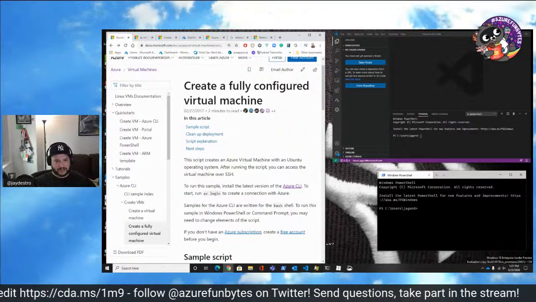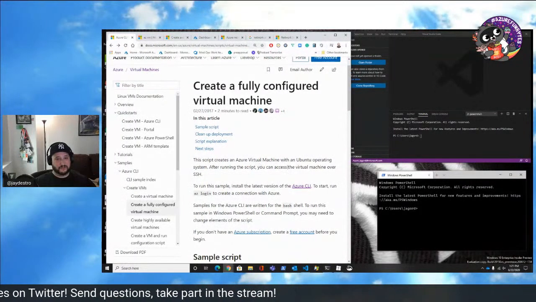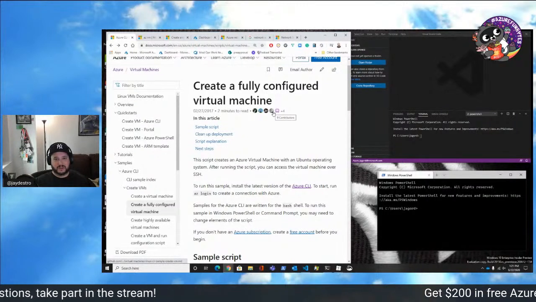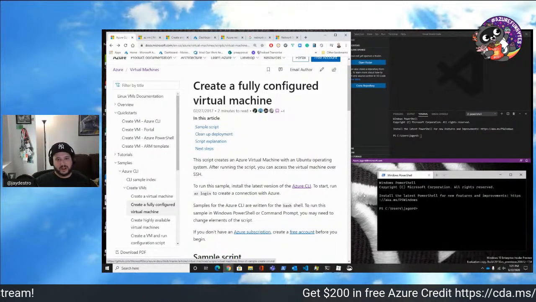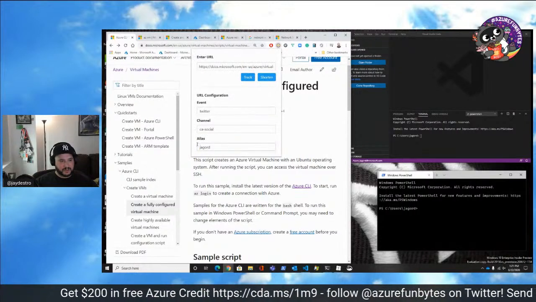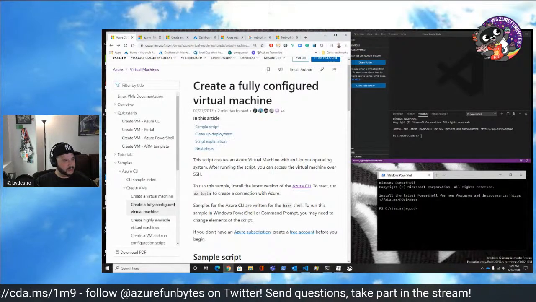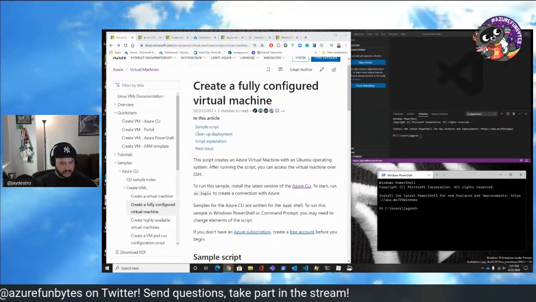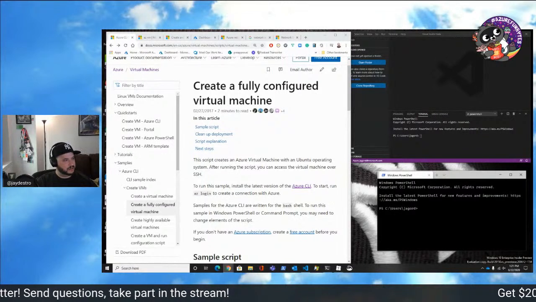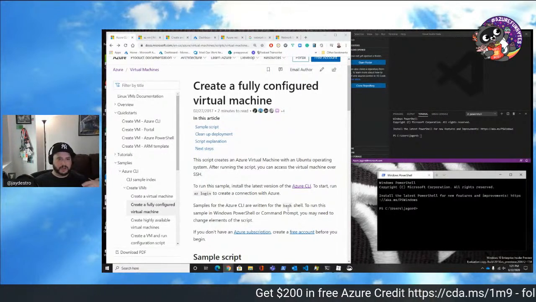This is a doc that really is right up your alley as an Azure fundamental. And I can even see one of the contributors is my buddy Neil. He's a great dude. What we're going to do is grab this doc here. Let's go ahead and shorten that. And then this is the demo today. Is this link. So this is the demo we're going to work on.